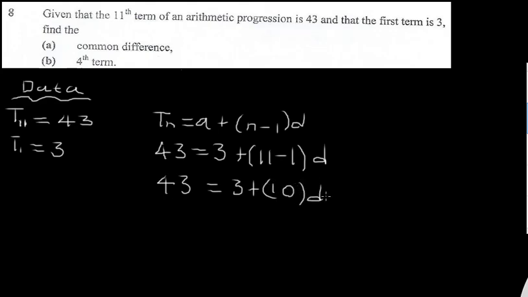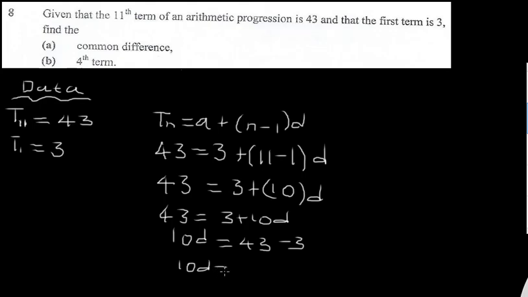Brackets, this is multiplied by D. So we would then have 43 equals 3 plus 10D. Do you agree? I hope you do. So we would have 10D equals 43 minus 3. 10D equals 40, right? And therefore D, so it's continued here,